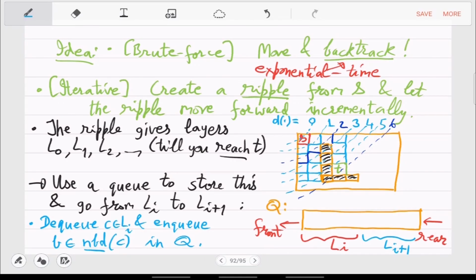So there are two cells. Both of them were first enqueued, and then when you dequeue, you will get one of those cells. Look at its neighbor B and enqueue that. Again dequeue another cell, so you will get the second cell at distance 1. Look at its neighbors and enqueue them. So as you are dequeuing, Li gets removed, Li plus 1 is inserted, and so on.